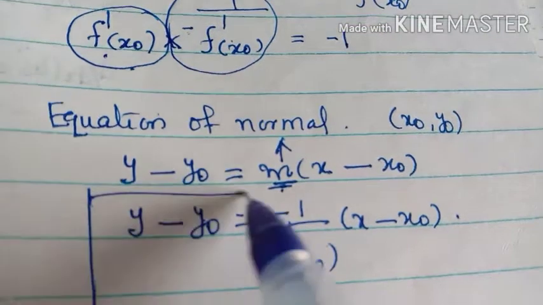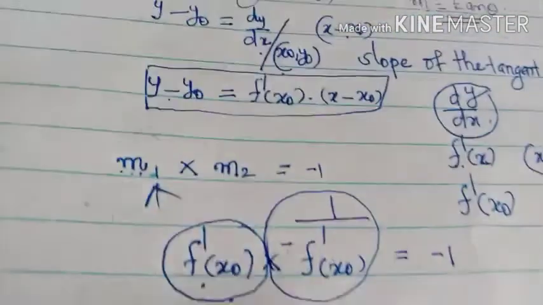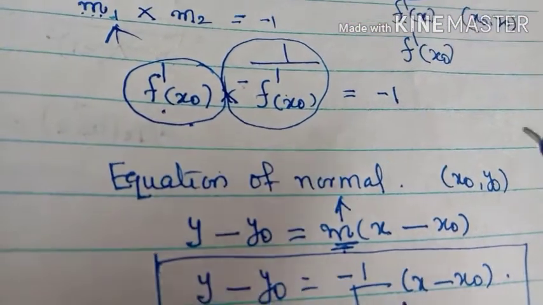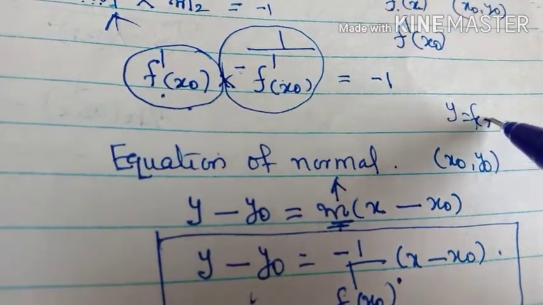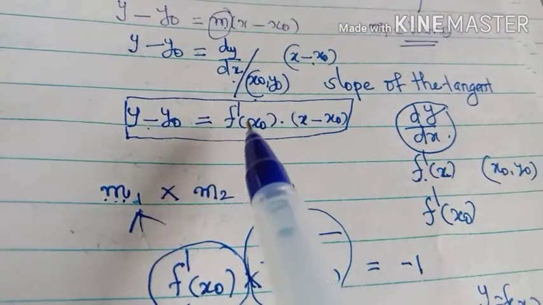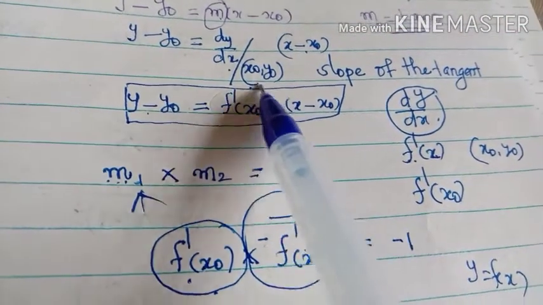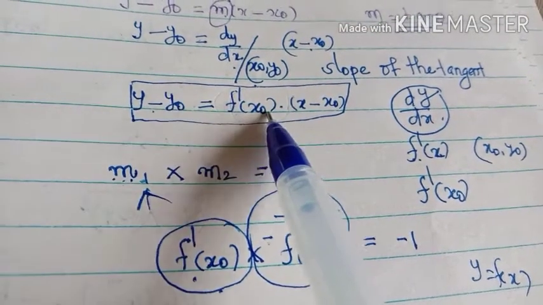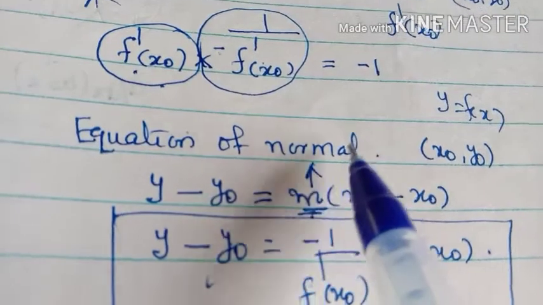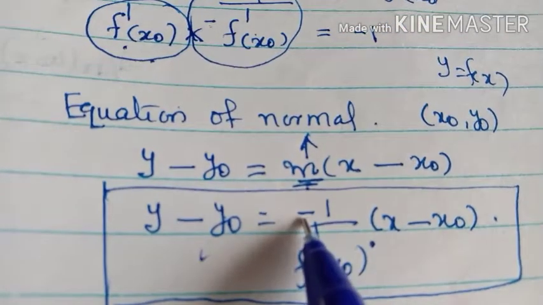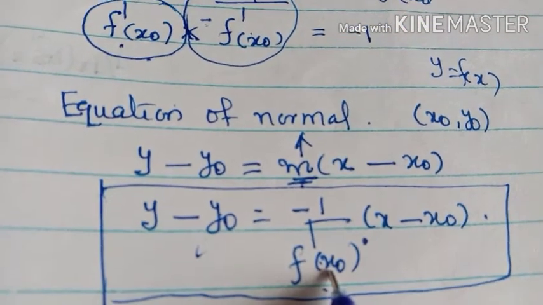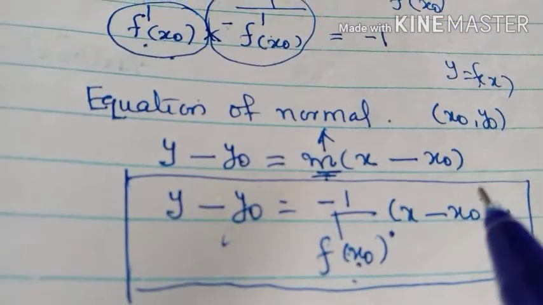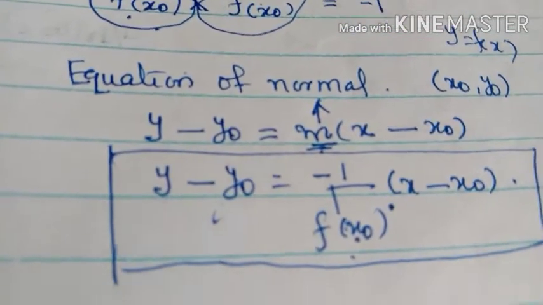So learn by heart these two formulae, equation of tangent line and equation of normal line to the curve y equal to f of x. The same formula, there is a slight change in the slope. In the case of tangent, slope is the first derivative at the given point. In the case of normal, slope is the negative reciprocal of the first derivative. Okay, let's see some examples of how to find equation of normals as well as equation of tangents.